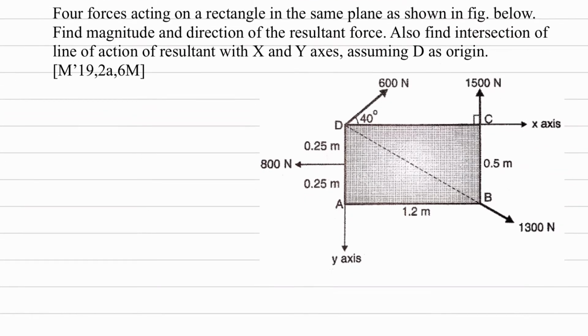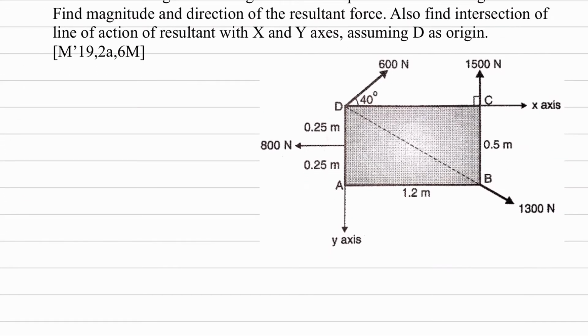So before solving the question, first step is Rx is equal to summation Fx. Now before actually solving the numericals, we should be able to resolve the forces. In order to resolve this, we should know what the angle is, and based on that only we can solve the question. Here that angle has not been given, so we have to calculate it. But this side is given and this side is given, so you can calculate this angle. And this angle will be same as this angle.